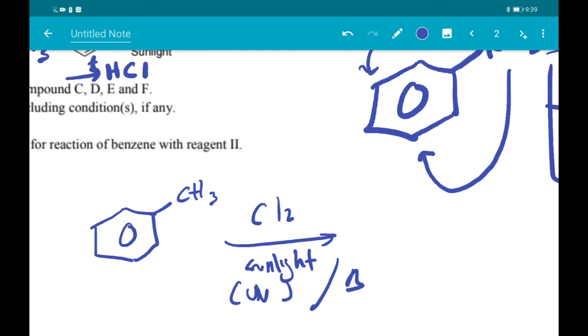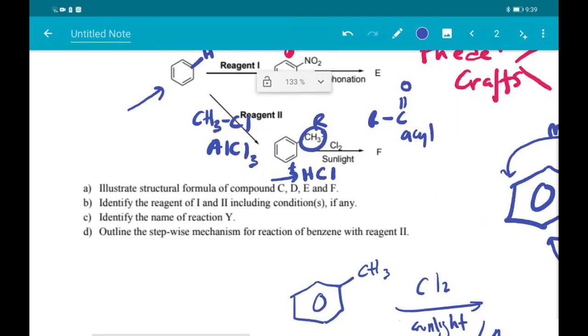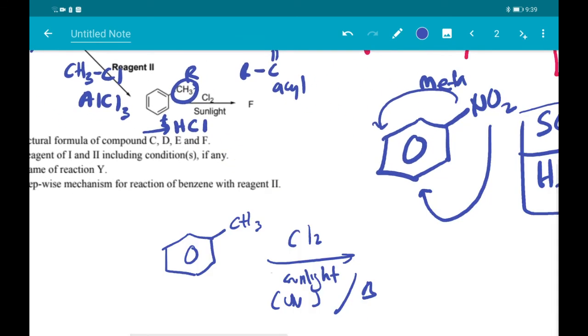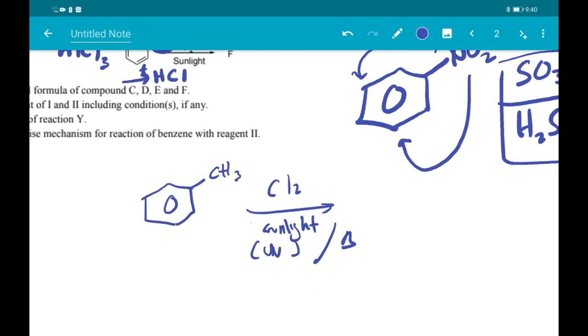However, if we look back at the structure, for the first reaction we are using chlorine catalyzed with AlCl3. Again, I would like to remind you, we can also use FeCl3. However, here we replace the AlCl3 with sunlight, which means that this is not